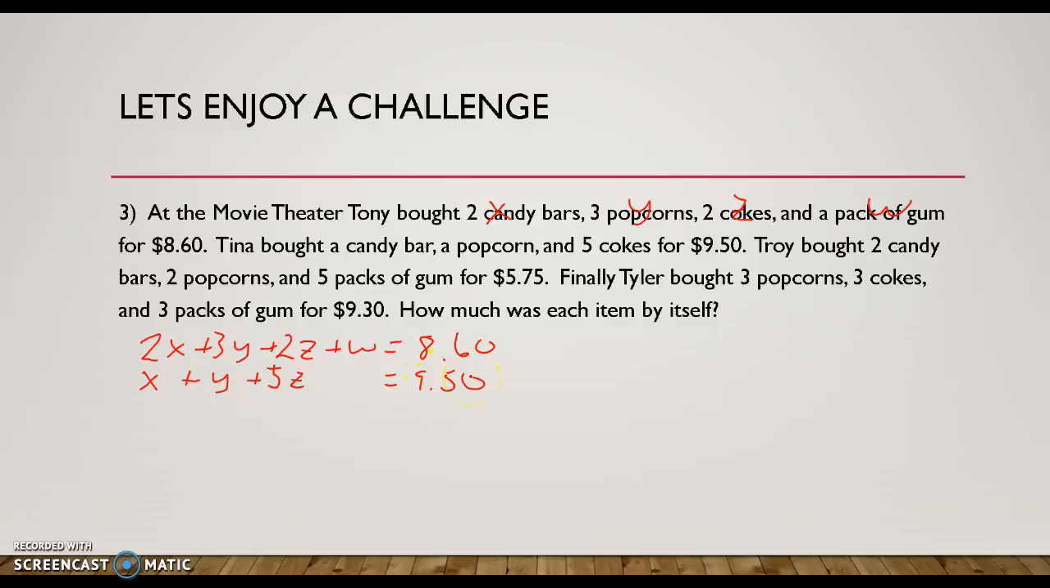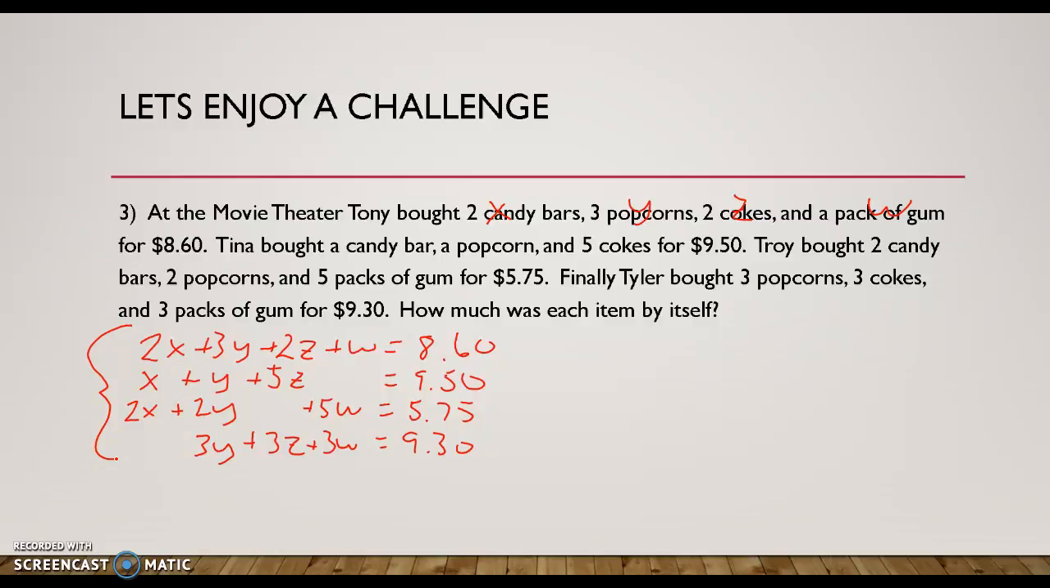Then Troy bought 2 candy bars, so that's 2 X's. He bought 2 popcorns, so that's plus 2 Y's, and 5 packs of gum, so no Z's, but I'm going to keep this in order here. 5 packs of gum, that's 5 W's for $5.75. Then Tyler bought 3 popcorns, so no candy bars, so it's just 3 Y's, plus 3 Cokes, that's 3 Z's, plus 3 packs of gum, that's 3 W's, and he spent $9.30. So there we have our